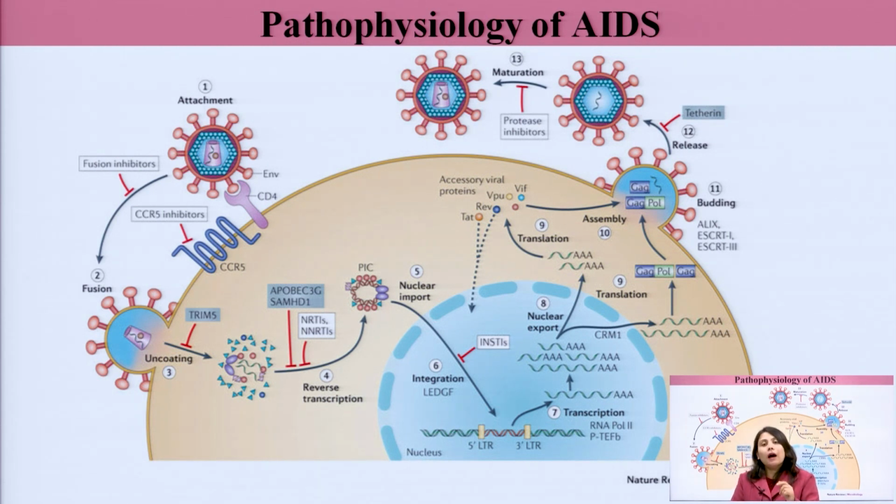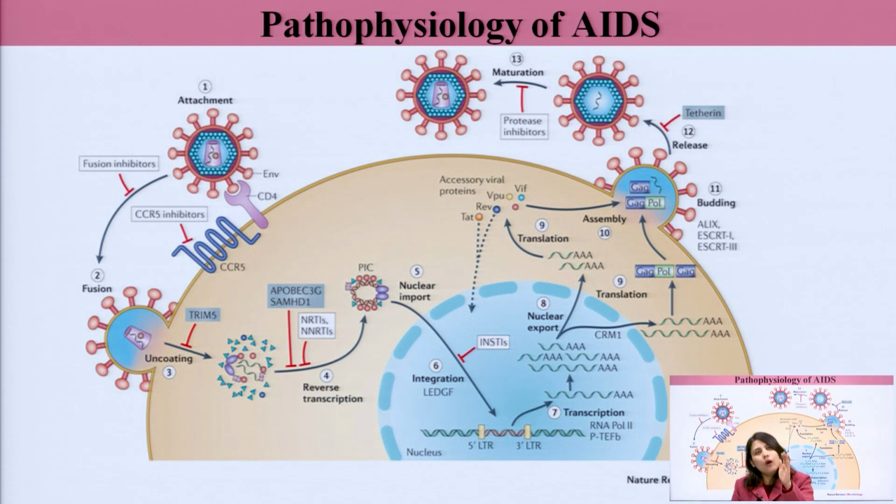Now, what happens here is that the genetic material of the host, that is humans, is DNA and the genetic material of HIV is RNA. Because it wants to integrate with the host genetic material for permanent, lifelong infection, it needs to convert its genetic material, RNA, to DNA. For that, the virus has its own enzyme, reverse transcriptase. So, the next step is reverse transcription, which results in the conversion of this RNA to complementary DNA. This complementary DNA, with the help of again a viral enzyme, integrates and lodges between the